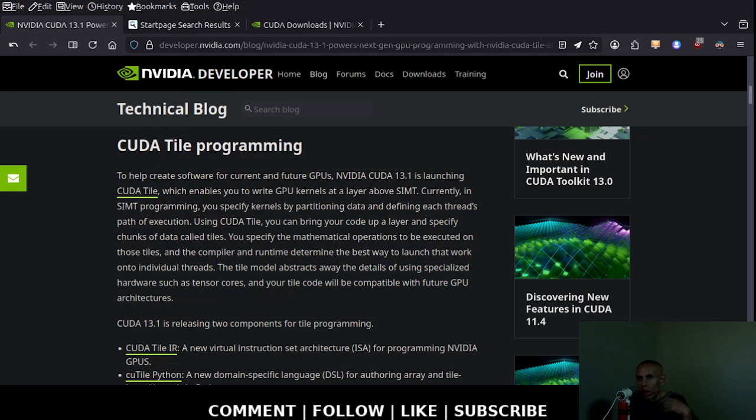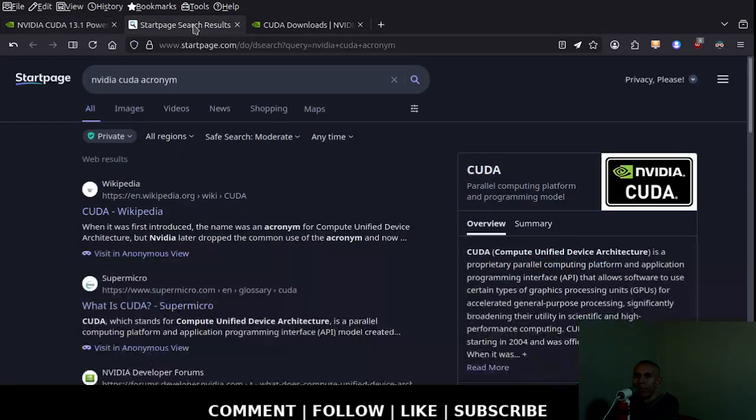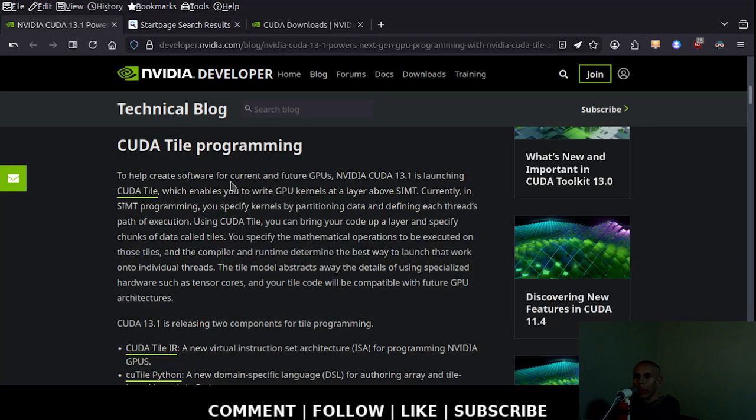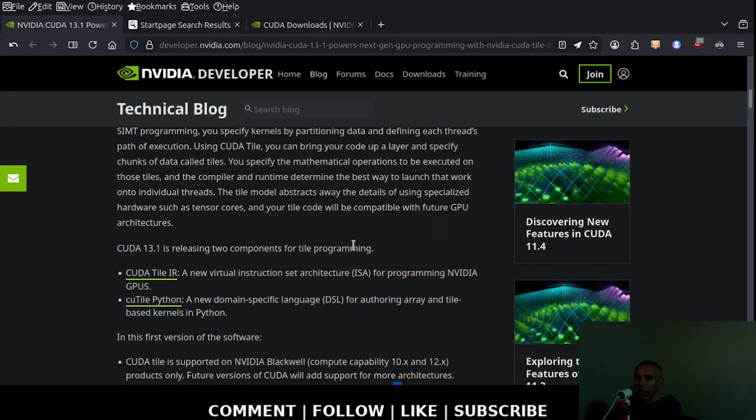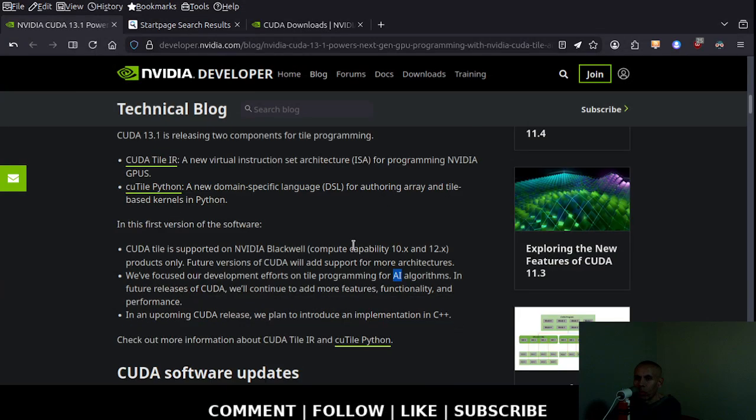Now, in context, CUDA is an acronym that actually stands for Compute Unified Device Architecture. Nvidia created CUDA in 2004, and then they released it for production purposes in 2007. But really quickly, it's not a mutually exclusive artificial intelligence software, but this newest update, version 13.1, has artificial intelligence